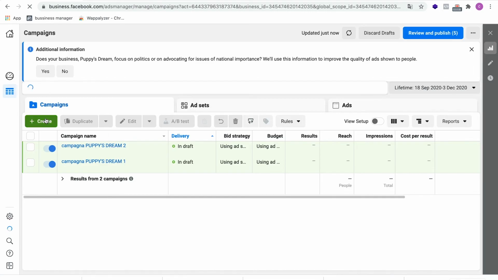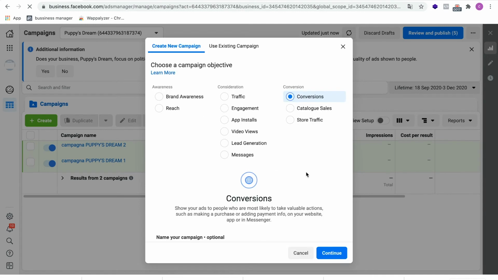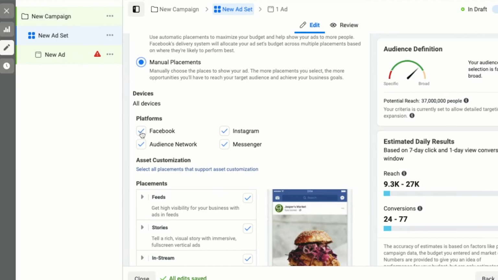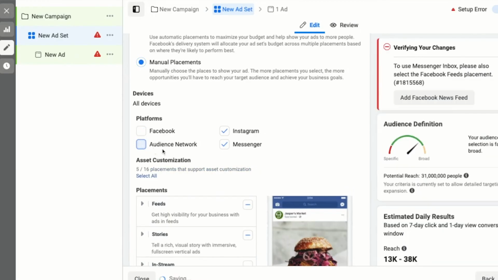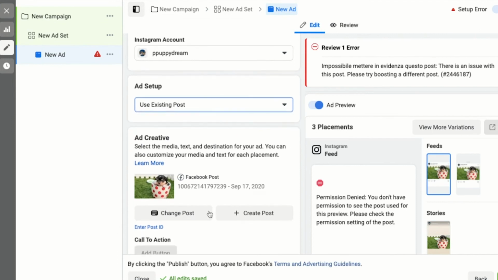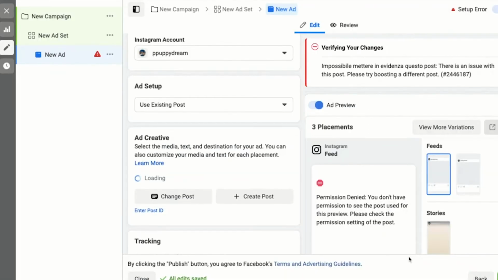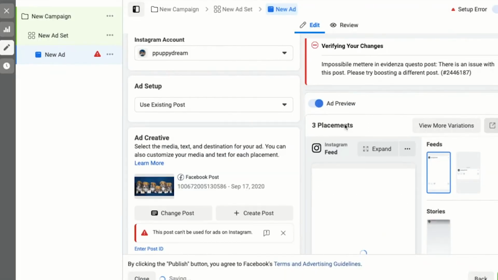At this point, go to Ads Manager, create a new campaign, as we already saw for Facebook, and choose an objective, for example, conversions. Then go in the ad settings, select In Placement Only Instagram feed. At the ad set level, select Use Existing Post. Choose the shopping post you'd like to run as an ad. Finish writing all the details for your ad and select Continue. You have now set up an Instagram shopping ad. You can track the performance of your campaign in the same way you'd measure other campaigns.